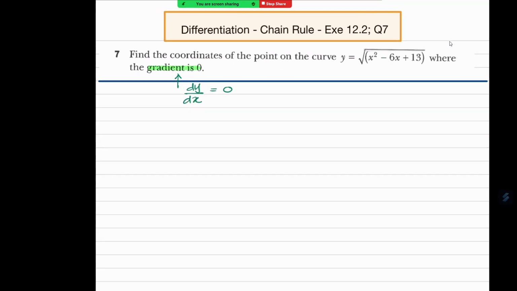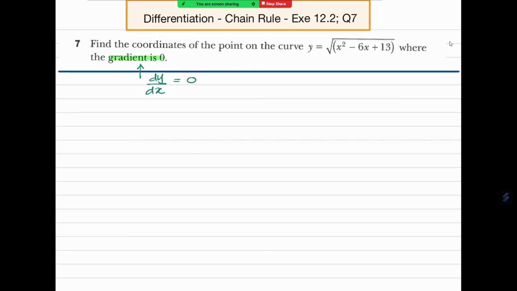Okay, now let's put it down systematically for your reference. First, what we need to do is run the chain rule with the purpose of getting the dy/dx expression, which is the gradient expression. So this is the note for you. Let me just put it there. So this is the guide. Let me take a bigger brush. Okay, so that is the first